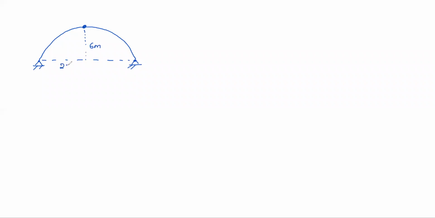Six meters, 25 meter, 25 meter here. Suppose there is a UDL as well as one point load here, 60 kilonewtons, 30 kilonewton per meter. The distance here is suppose 6 meters. At 6 meters, point load is there. This 25 meter, I will mark properly.